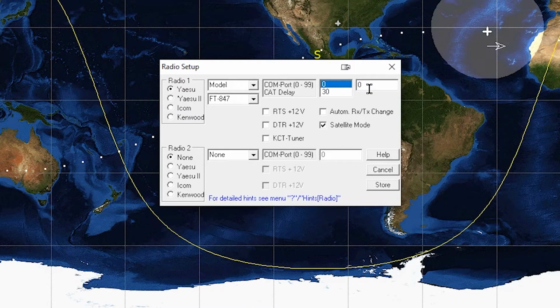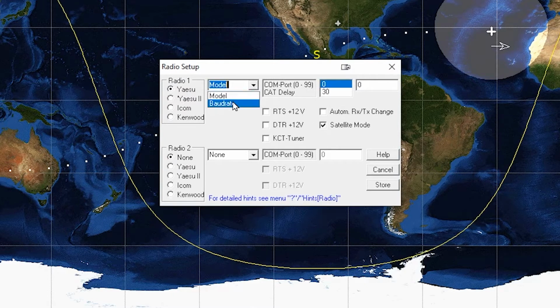So once again, you have to check your devices, see which COM port that one is, and we already know what this box COM port is, so you have to see what that COM port is, and then set that one for the radio. Also in here, so there's two parts. The 847 is under Yaesu only. We don't run a second radio, so it's just radio 1, Yaesu, model 847, and whatever the COM port is, satellite mode. But there's a second pull down we have to look at, and that's baud rate, and we'll set